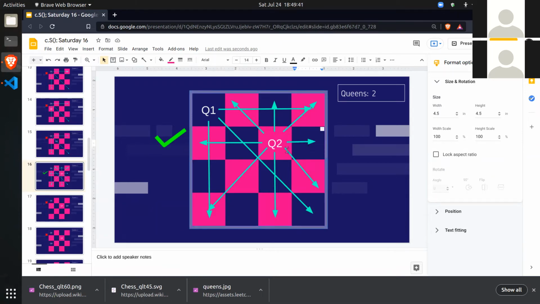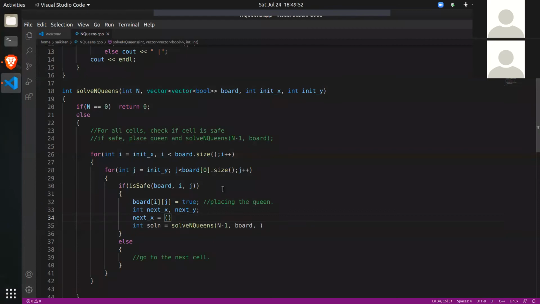If we are not in the last column, then the next column, I mean the next y, will simply be column plus 1. For example, Q2 is not in the last column, it is just in the third column in this place. So Q3's column will just be 3 plus 1, that is the fourth column. But if Q2 is in the last column, then Q3's column will be 0 because it will go to the next row starting position. So that's what I'm writing here.